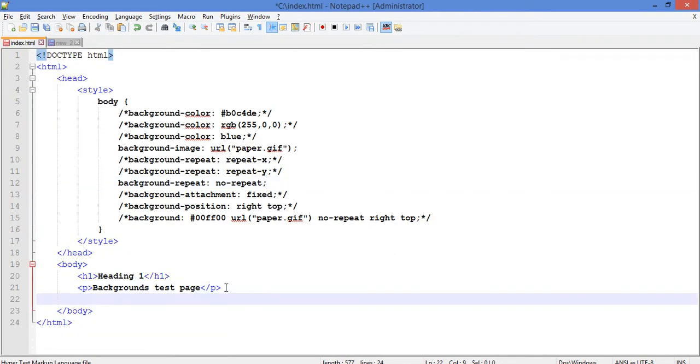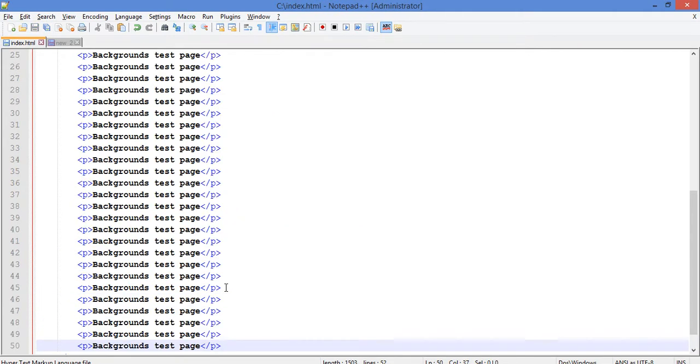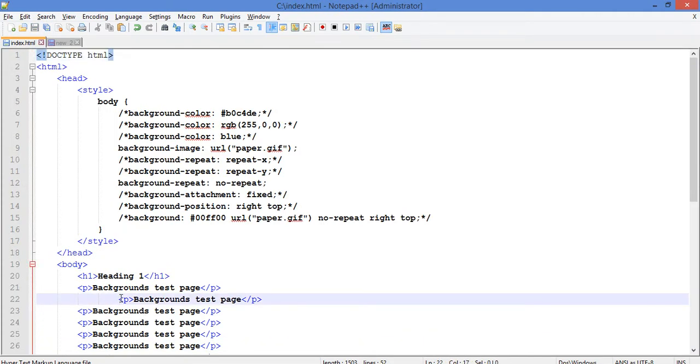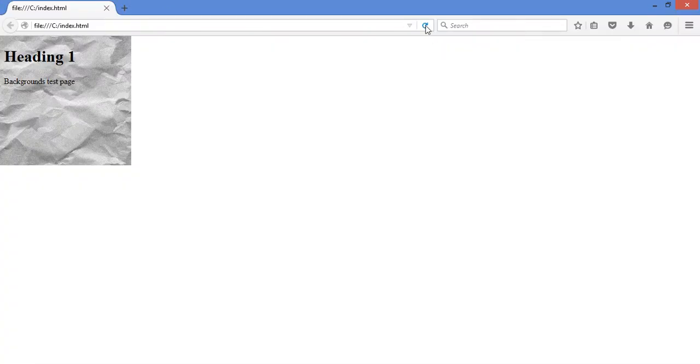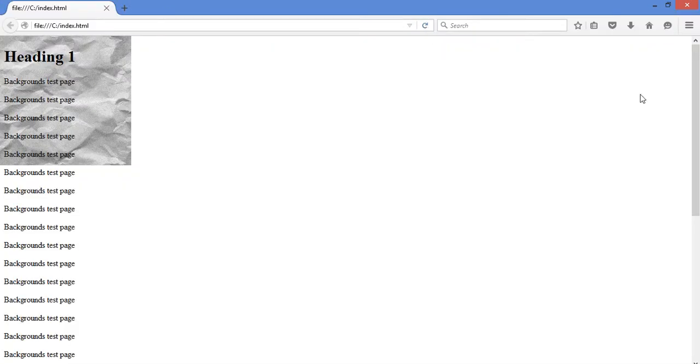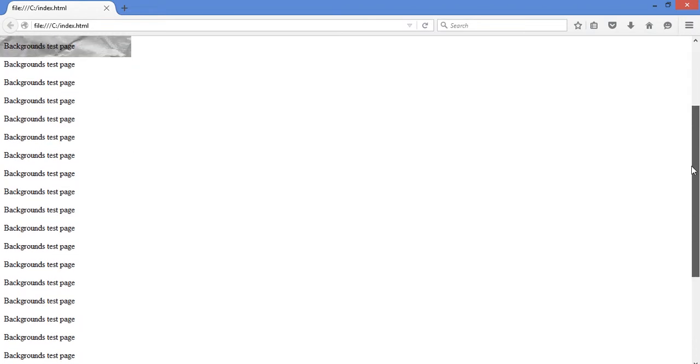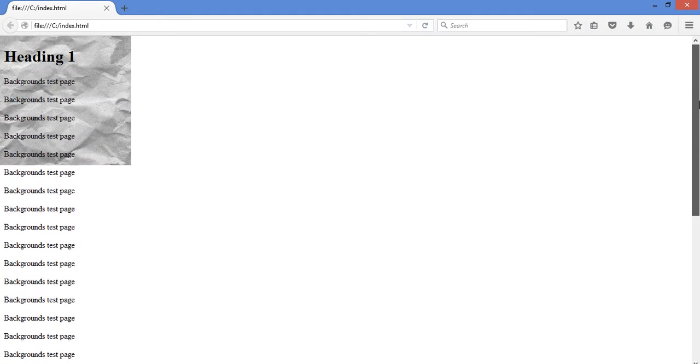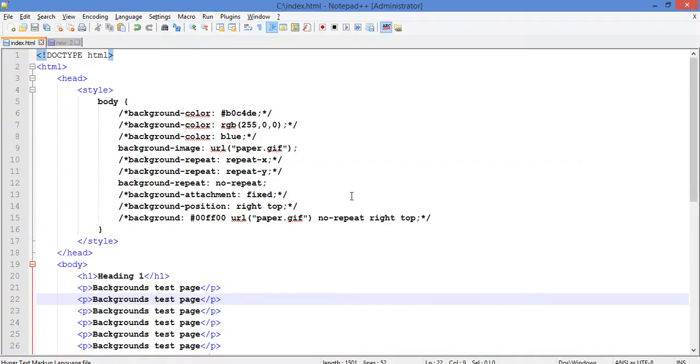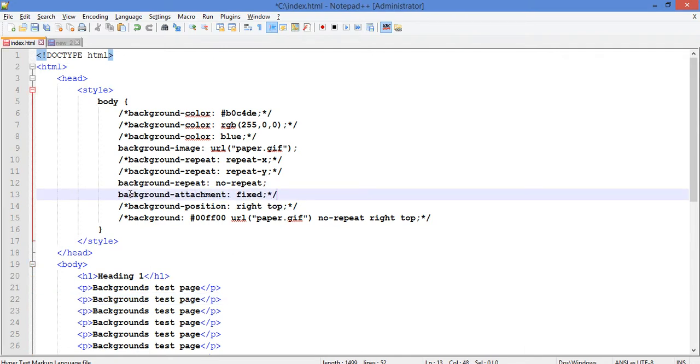So let's paste some huge text here and let's reload the web page. So now there's huge text which makes a vertical scroll bar come up along the right side of the browser here. So as you scroll, you could see the image is going away from the user's view. So in order to make it fixed, you could use background-attachment to take the fixed value.